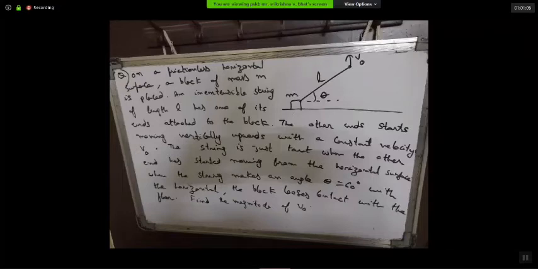Sir, so perpendicular to velocity, we can write the acceleration as, along the velocity, we can write the acceleration as omega square r. No, along the velocity, it's not omega square r. Along the velocity, it is tangential acceleration. Tangential acceleration is not omega square r. Along the velocity, it should be tangential acceleration.